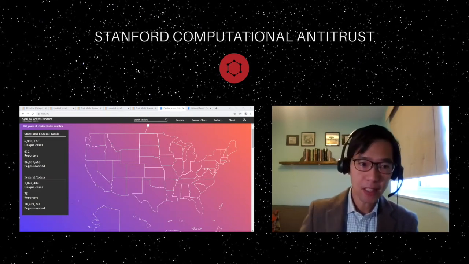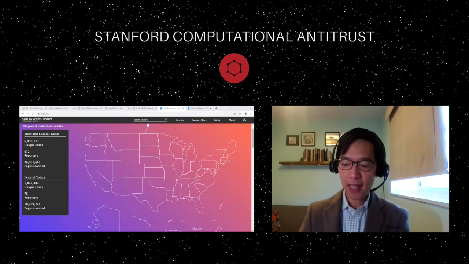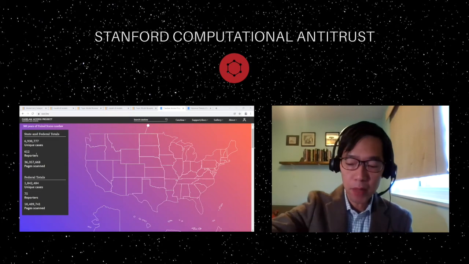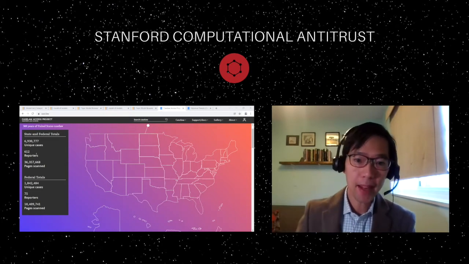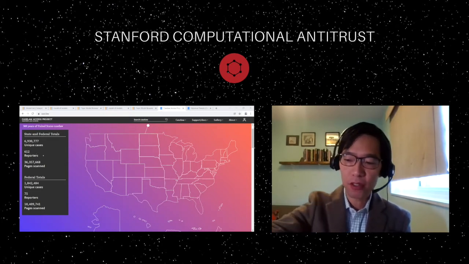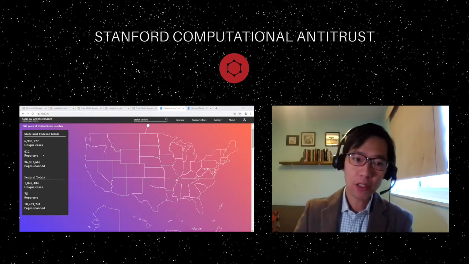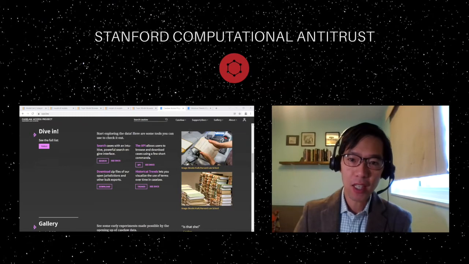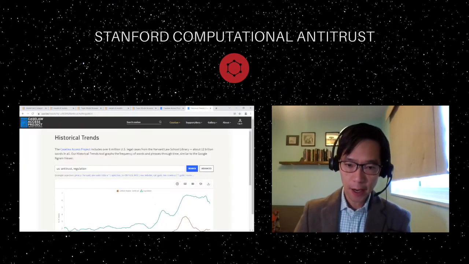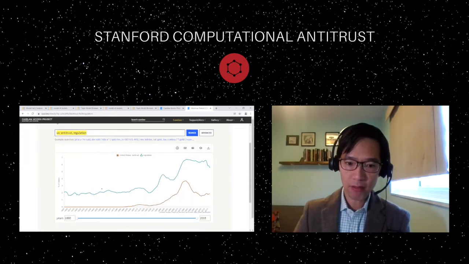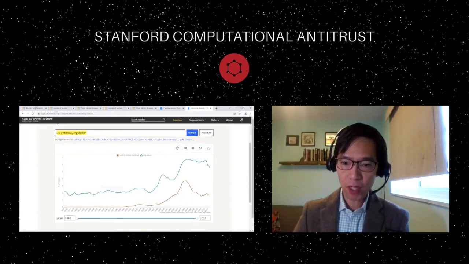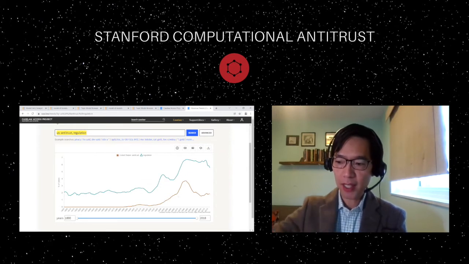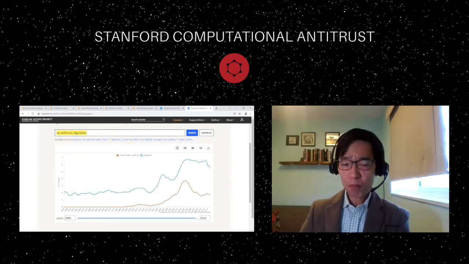So as you can see here, that's almost 7 million unique cases and over 1.8 million unique federal cases. And they make it really easy for scholars to download cases in bulk. Playing around their website, you can see there's this historical trends function down here, and I've already uploaded this search where I'm looking for all US cases with the words antitrust and regulation. And you can see you can run some rudimentary searches on the Case Law Access Project. So that's been really helpful.